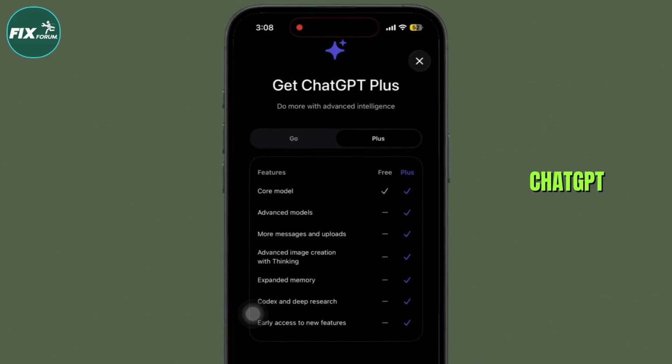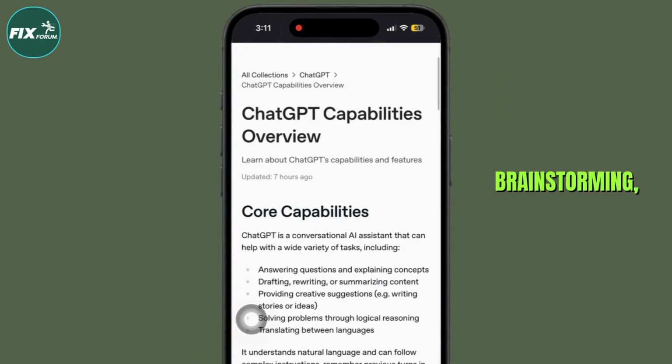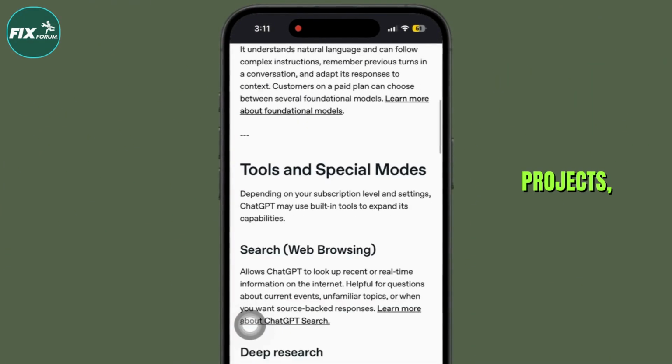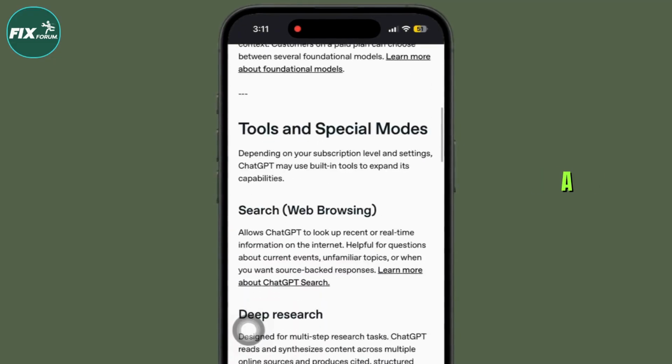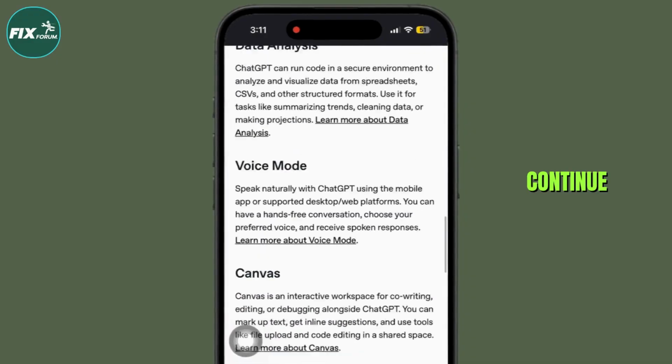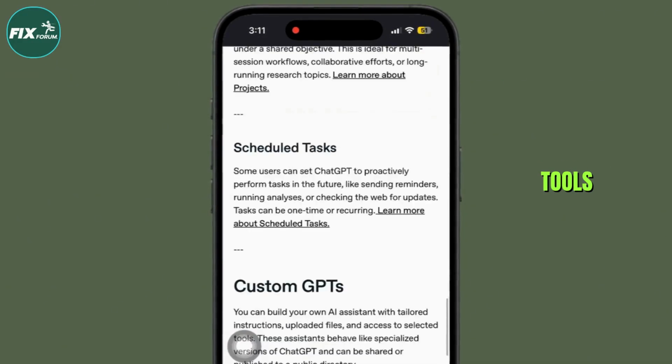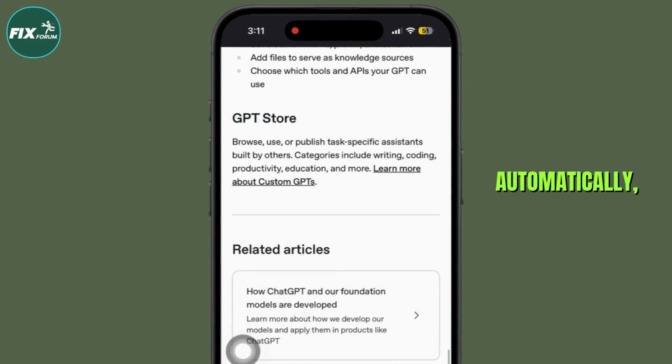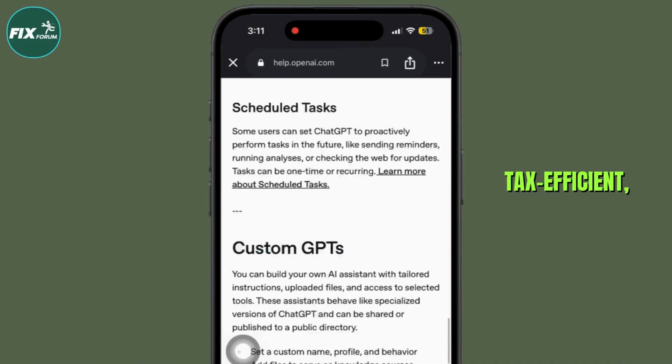If you frequently use ChatGPT for writing, learning, brainstorming, coding, research, or creative projects, the Plus plan offers a smooth experience with greater flexibility and performance. As you continue using the platform, these premium tools are integrated into your workflow automatically, helping you accomplish more tasks